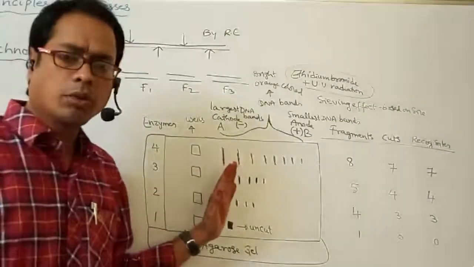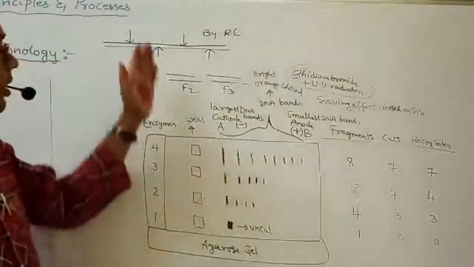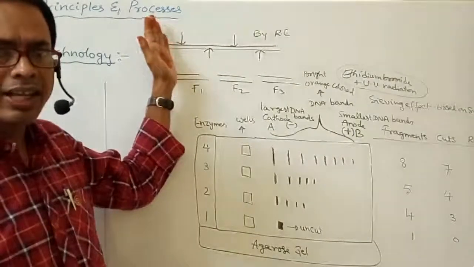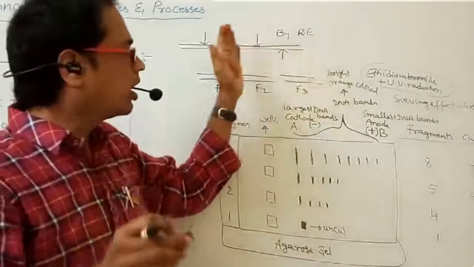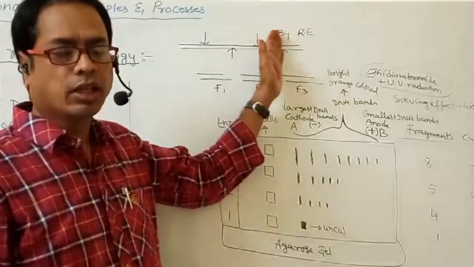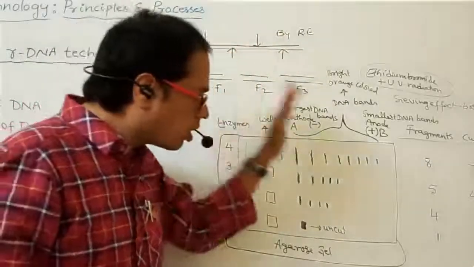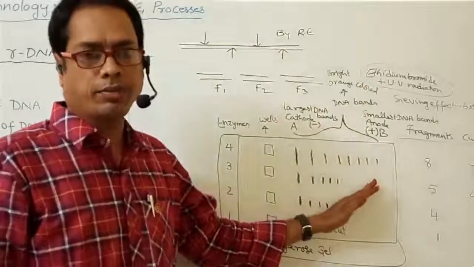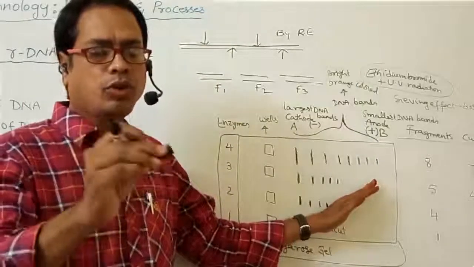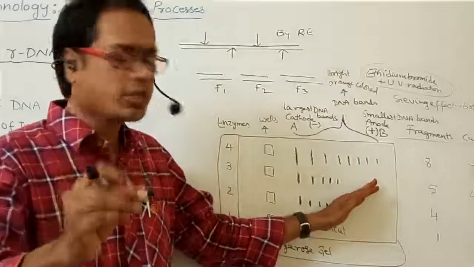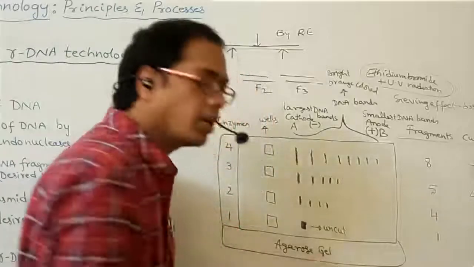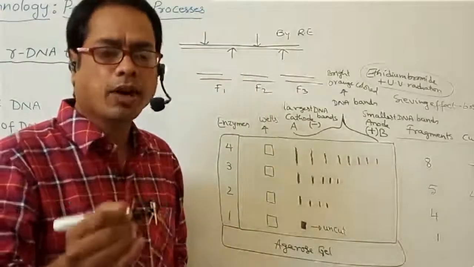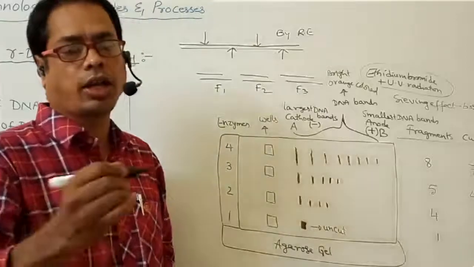Okay, this is very important, my dear students. Again I am explaining: the long DNA which was isolated can be cut by restriction endonuclease. This is called restriction enzyme digestion. The obtained DNA fragments will be placed on agarose gel medium. The matrix or medium used for separation of DNA fragments is agarose gel medium, a natural polymer obtained from seaweeds like red algae.